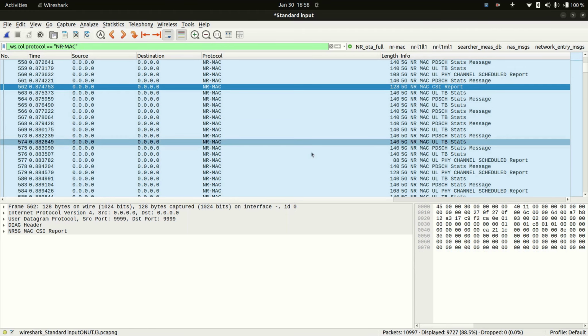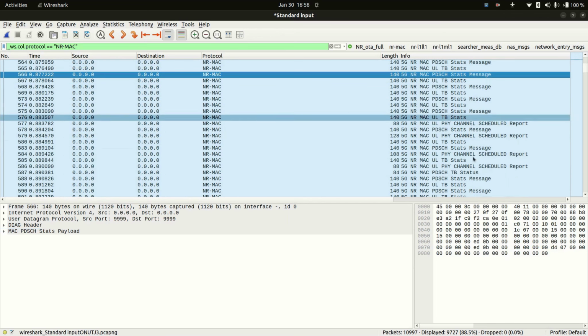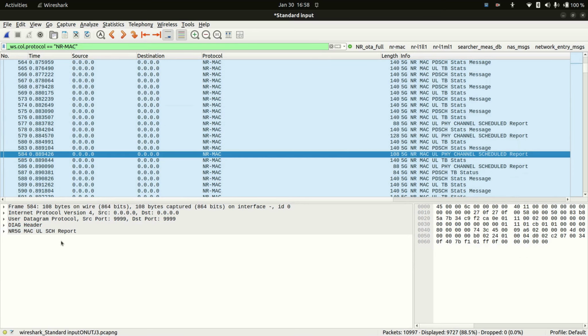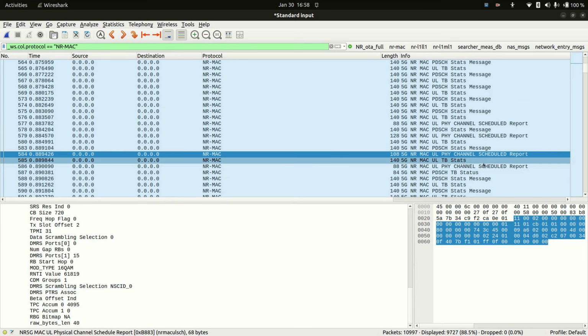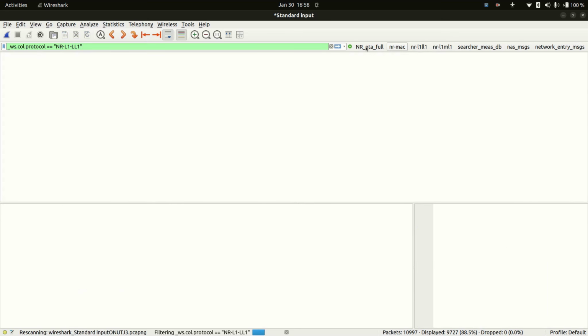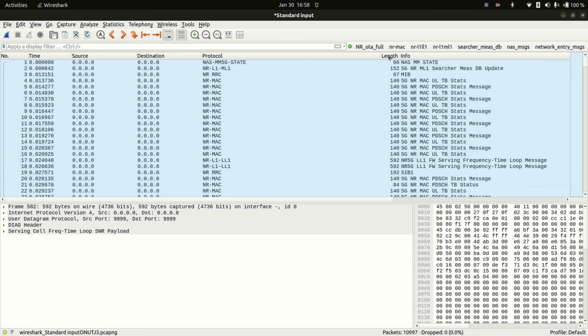Then we have got the MAC messages, all the PDCCH, CSI report related to CQI, the PDSCH stats, UL TB stats, PHY channel, uplink channel and downlink channel, PUSCH, PUCCH, everything is there. Then I've got PDCP and RLC also. I defined a filter, but for some reason I am not able to see that filter. So anyway,